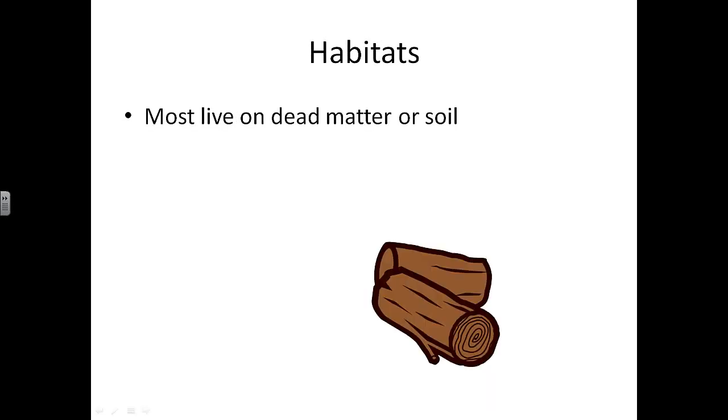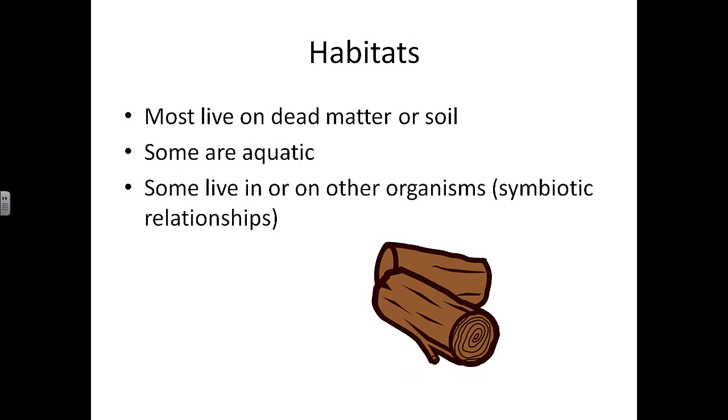Most of them live on dead matter. However, you have some that are aquatic and some that are parasitic, some that are mutualistic, so they have symbiotic relationships with other organisms. Most can reproduce both asexually and sexually, and there are advantages to both ways because conditions vary,